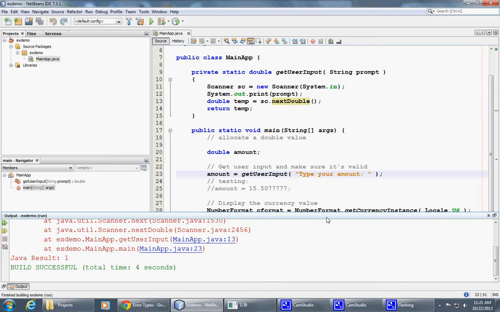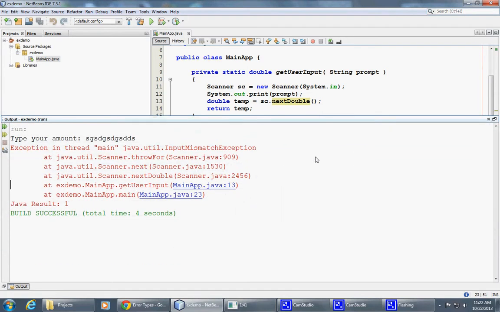And this is what we're talking about: when the runtime error occurs, some sort of an exception is produced as a result of program execution. In this case, this is InputMismatchException. This is a data type, an actual object, which is instantiated as a result of this. And what the default exception handler in the Java Virtual Machine does is that it prints this stack